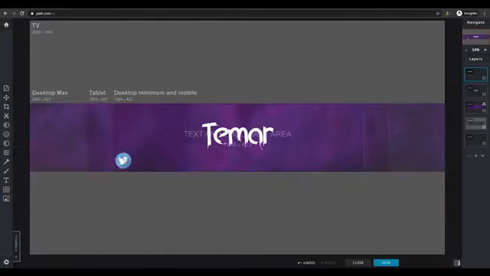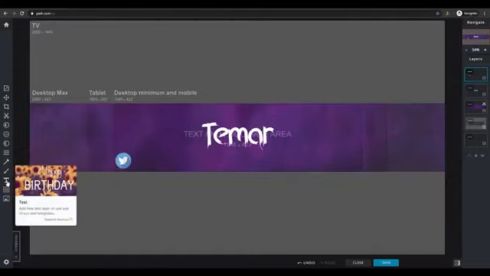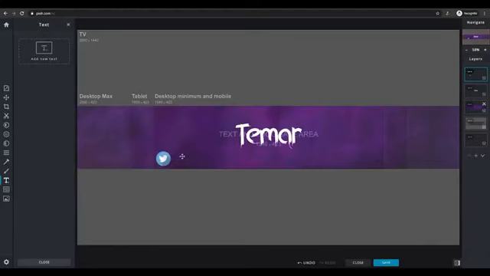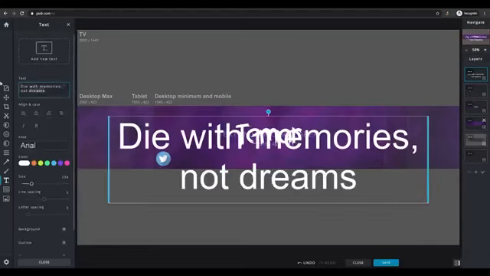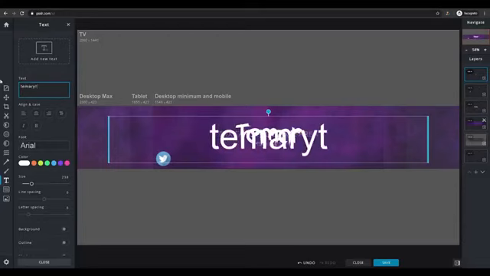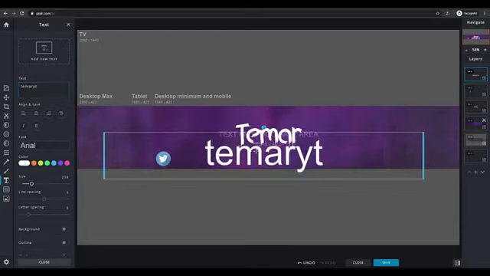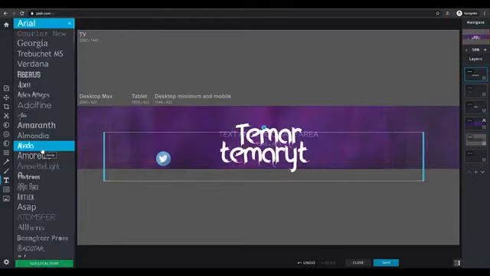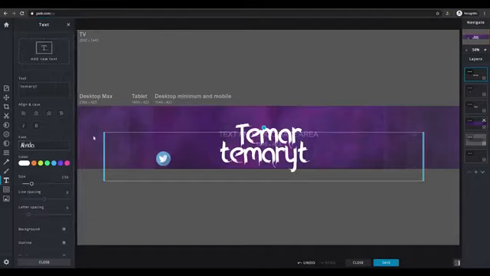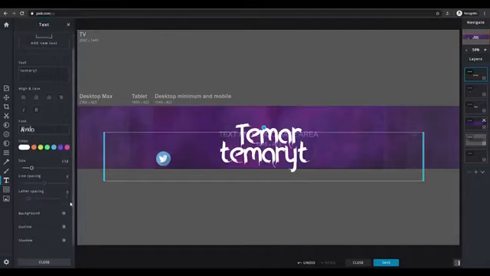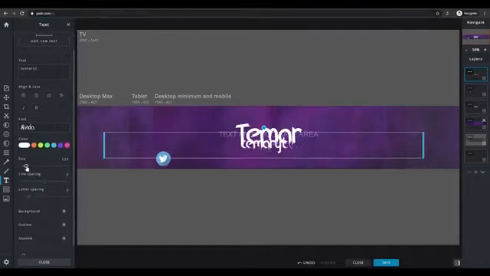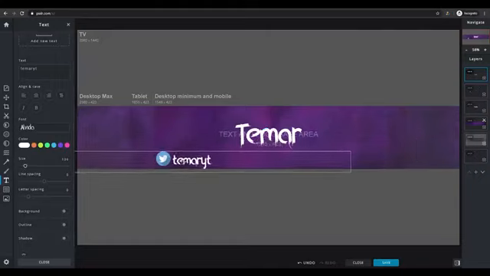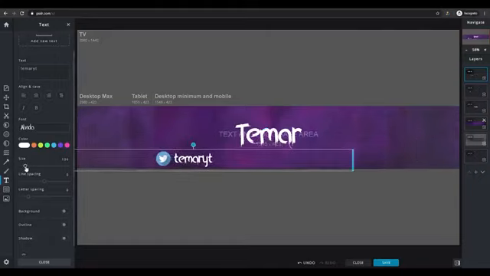So once you have your Twitter logo, you obviously want to add a text next to it which says your Twitter username. So I don't really have a Twitter for a YouTube channel, so I'm just gonna make something up. Let's say TemRYT, and this font can be the same as your channel name font, or you can use another one. I'm probably gonna use the same since it fits good to my eyes, so I'm gonna use the same font, and I'm gonna size it down a lot more, and then I'm going to place it right next to the Twitter logo,